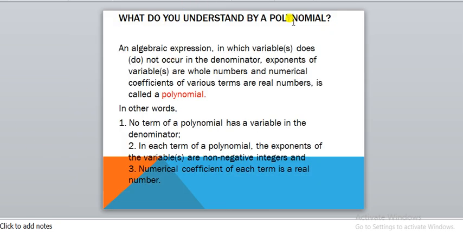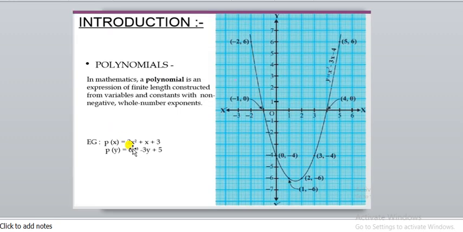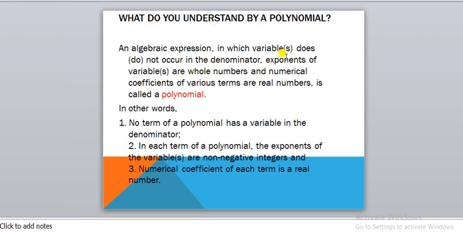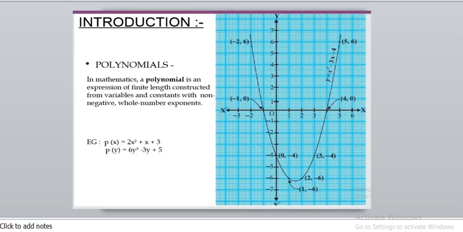Now, what do you understand by a polynomial? An algebraic expression in which variables do not occur in the denominator, meaning there should not be any variable in the denominator. The exponents of variables are whole numbers. We have seen just now that exponents are whole numbers. And the numerical coefficient of various terms should be a real number. So here, the coefficients of various terms: